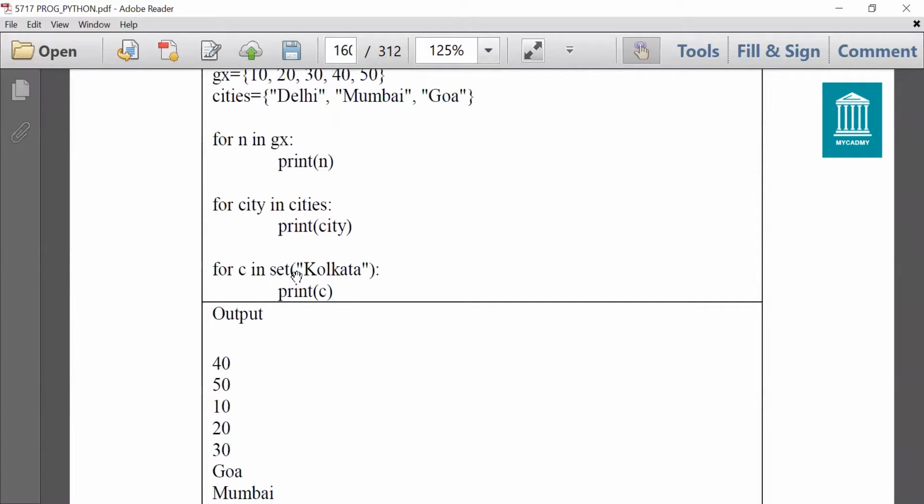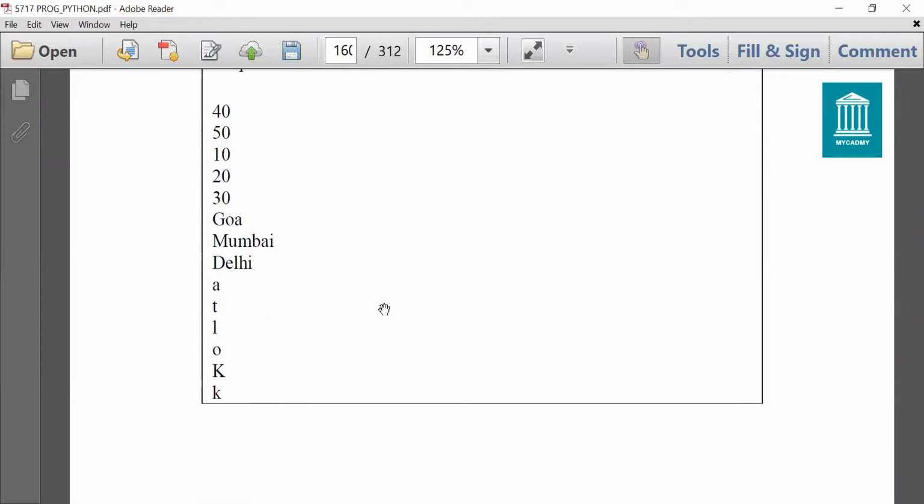And for c in set Kolkata, that means we have given a string over here and we are going to access its characters one by one. So it will print in an unordered way. You can see the output. It is not in Kolkata order. It is A-T-L-O-K-K. So it can be in any order, but you can access set elements using a for loop also.